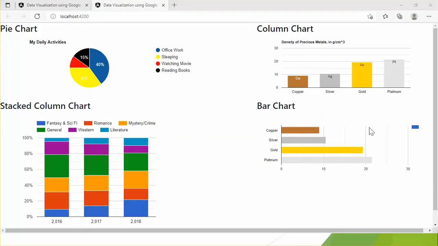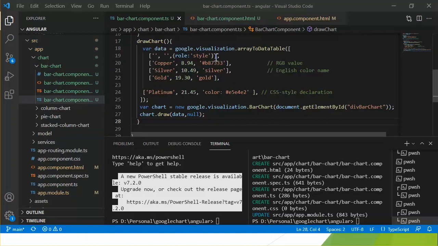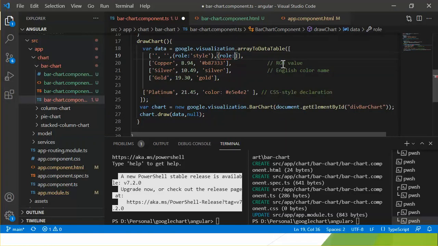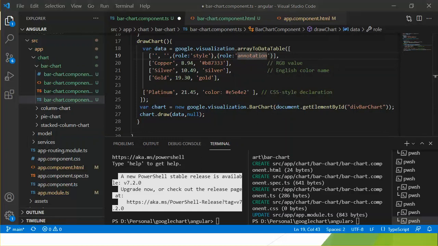We can also label the bar by adding a role value annotation. Let's see how to add the role value annotation. You can add another column, role, and the value will be annotation. This will allow us to annotate the text.